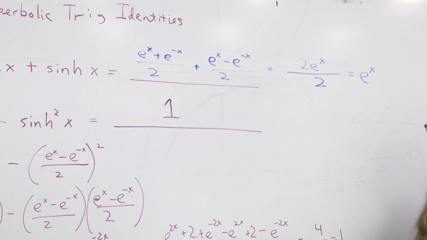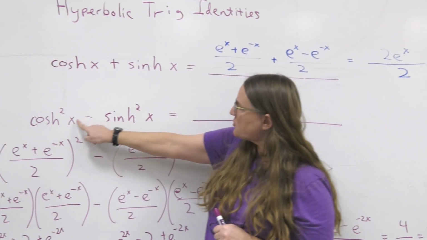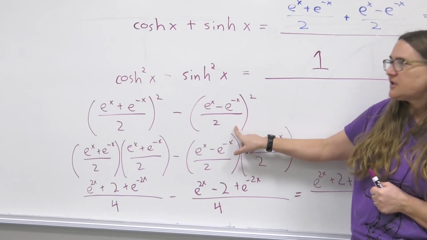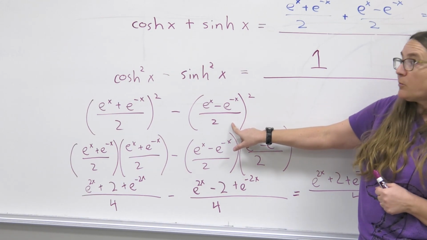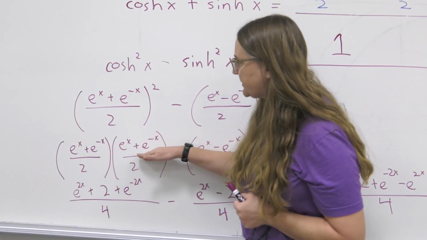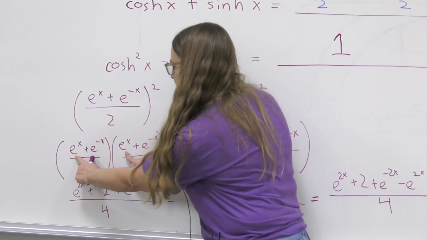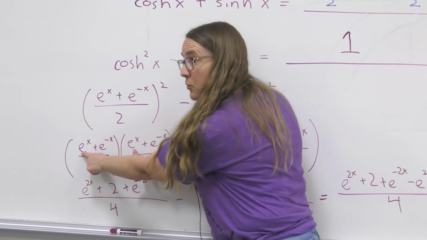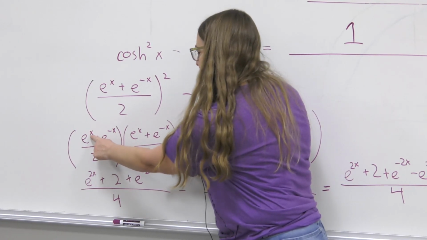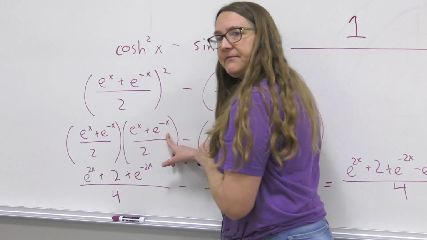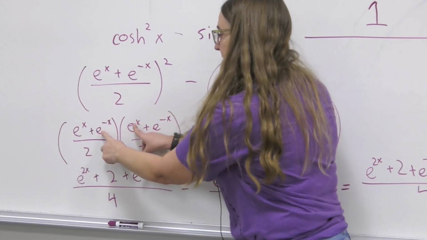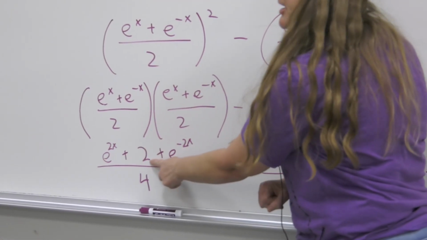Okay. The one we're going to use a little bit more is this second one. If we look at cosh squared minus sinh squared. Okay. So I wrote out cosh and sinh in terms of their definitions. Remember that when we're squaring things, we're multiplying together two copies of that thing. So we had to FOIL out the tops here. Now, e to the x times e to the x is going to give me e to the x squared, or e to the 2x. E to the x times e to the negative x, I can add those exponents. X plus negative x is just 0, and e to the 0 is 1. So the outside pieces give me a 1. The inside pieces also give me a 1. That gives me a 2.